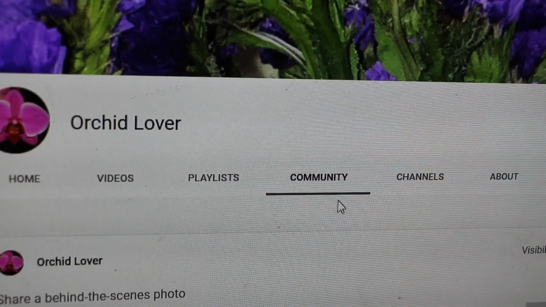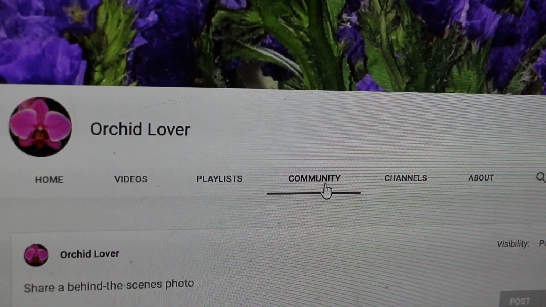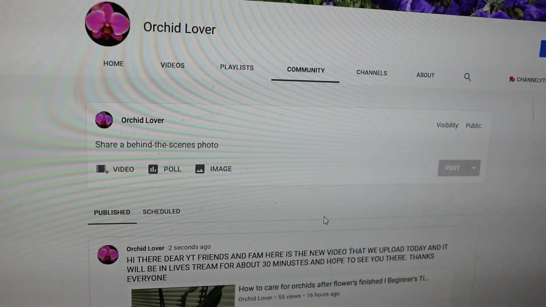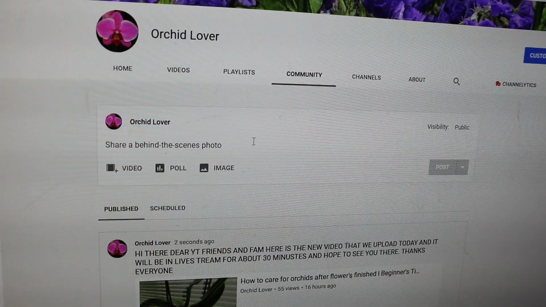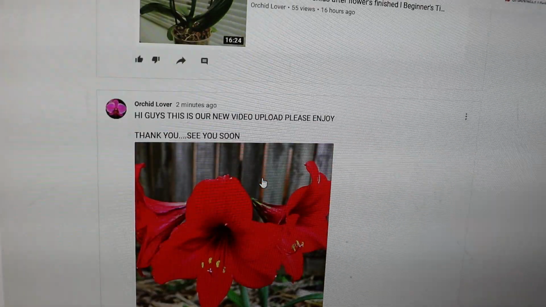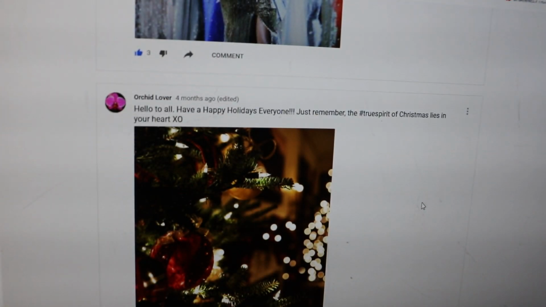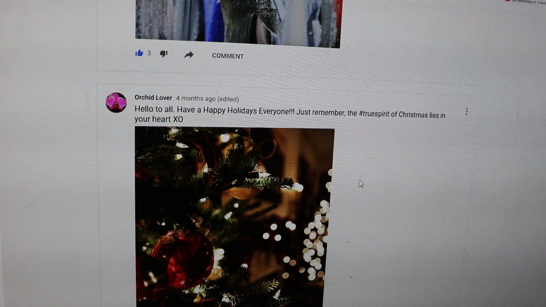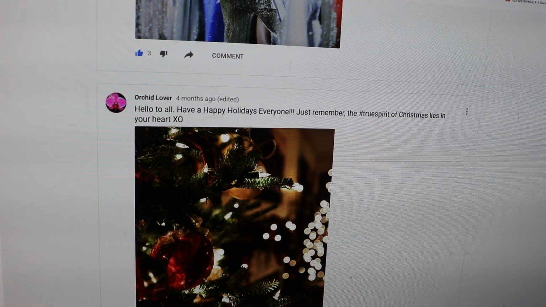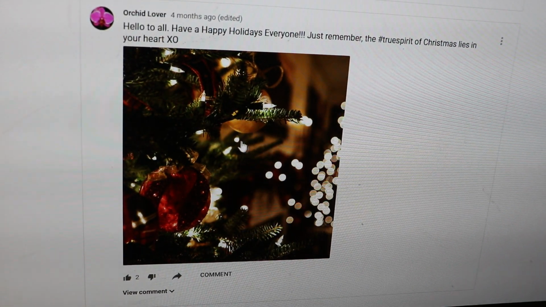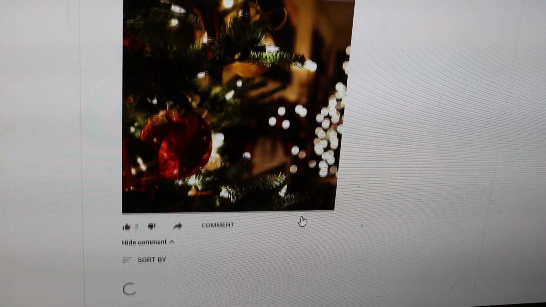So when I click that, I studied it, and when I click it, I learned, I read, and then after I read, when I learned about it, I just found out, not really accidentally, I just studied it, and after I studied it, I tried to post the pictures like this first, and you see what I did here. A lot of actually I did begin it when I was putting it, I think that was the Christmas time. Where is it? There you go. Yeah, that was 4 months ago. I just discovered this, and this is what it says here.